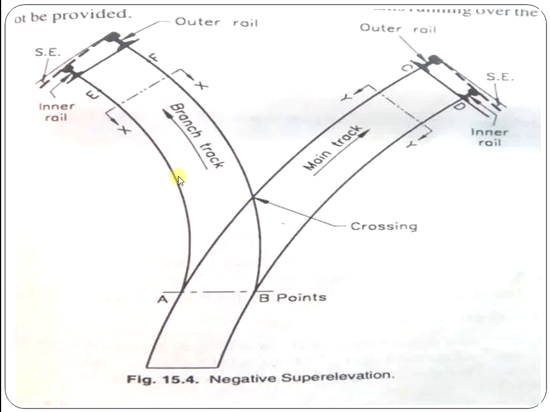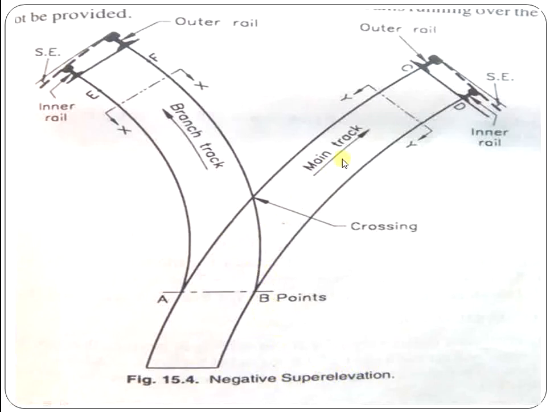But in the branch track or branch line, it is totally opposite. The inner rail is raised as compared to the outer rail, to maintain or restrict the speed of the train at the turning position or in the curve position. We cannot permit the same speed at the branch track or branch line. This is nothing but the negative superelevation or negative cant. The speed conducted on the main track or main line cannot be permitted at the branch track.